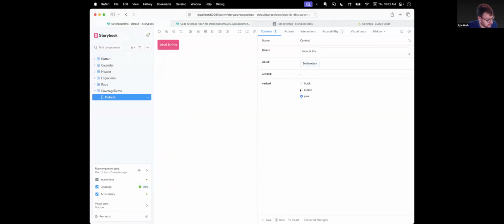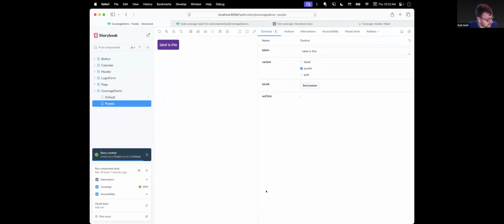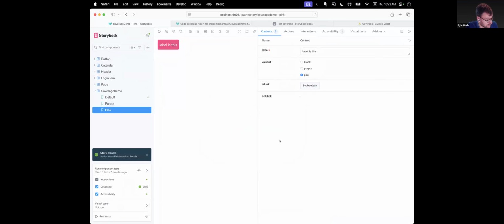So if I go here and change the variant from black, the default, to purple, I'm given this toolbar down here in the controls panel, and I can actually make a new story here. I'll just call it purple. And similarly, I can take pink. Then I'll do the same thing where I render it as a link. Oh, interesting, I have some style changes. I should probably address that later. But for now,